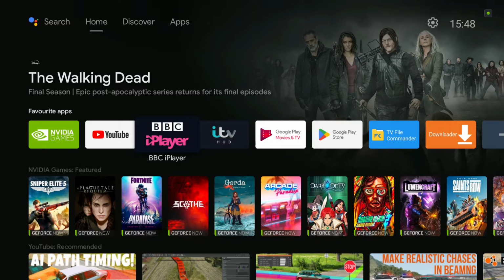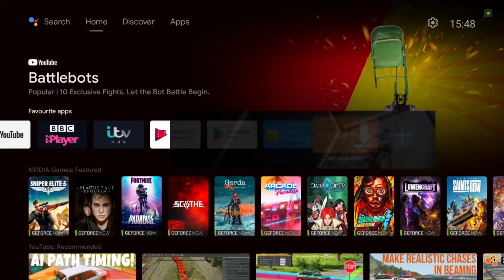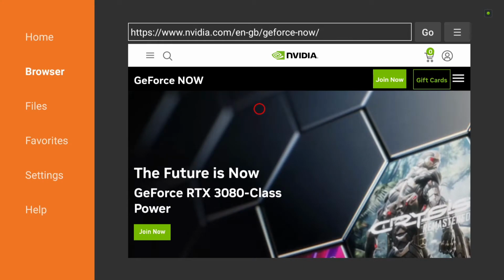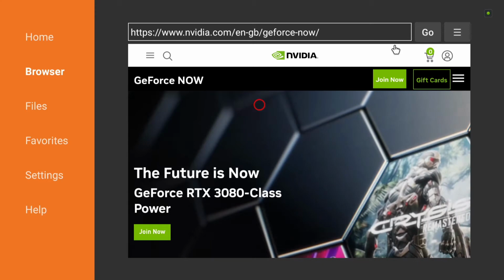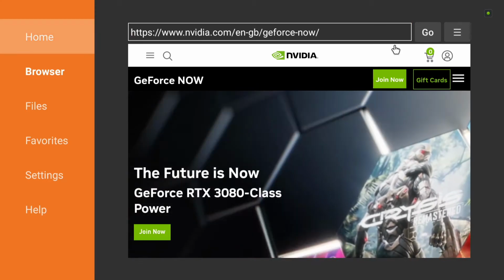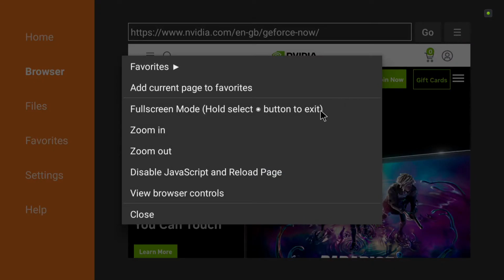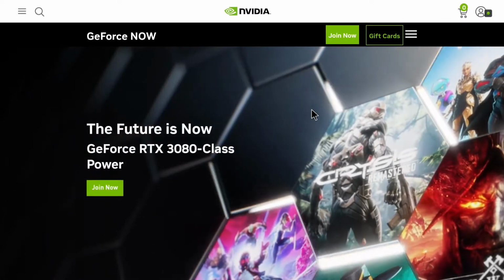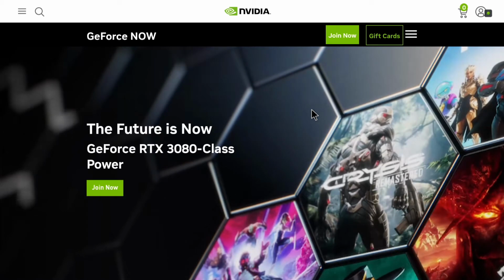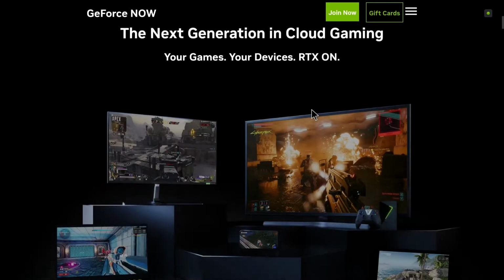And you can stream that on a lot of different devices. In fact, I'll take you to the website while I'm on the menu screen here. So if we go to this browser, and that red circle, by the way, is what's on my remote control for the Shield Pro. Let's just get it onto full screen. And so here we have the GeForce website, which explains everything about it. And if we scroll down,